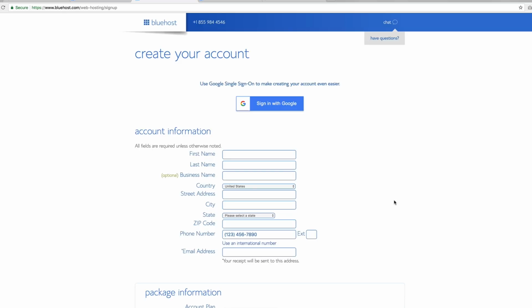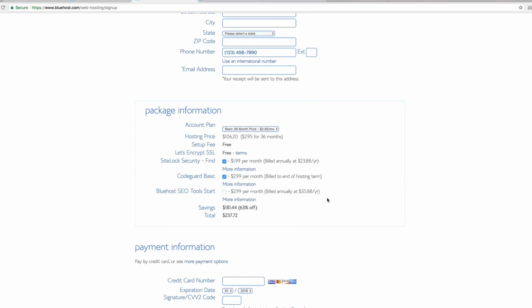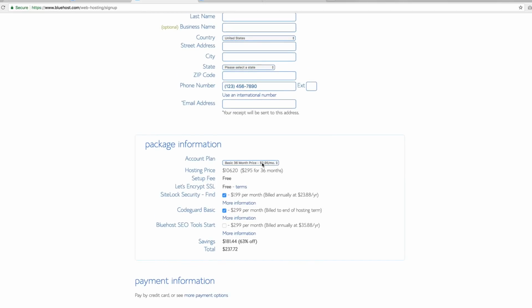So at this point, we are ready to create your account. Pretty straightforward here. You just fill out your first and last name, all that good stuff, and then you choose your package information. So you can see here, like I said, is a bit of an investment. It's definitely something that you're going to have to pay more upfront for because it is a monthly charge, but like I said, I want to reiterate this because for me, setting up a professional freelance writing portfolio website was